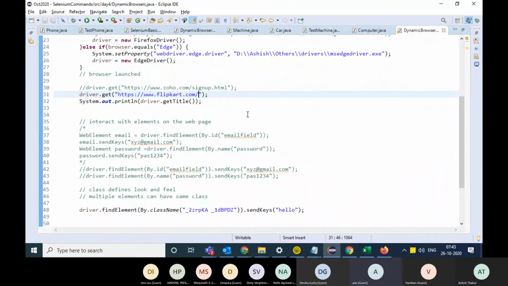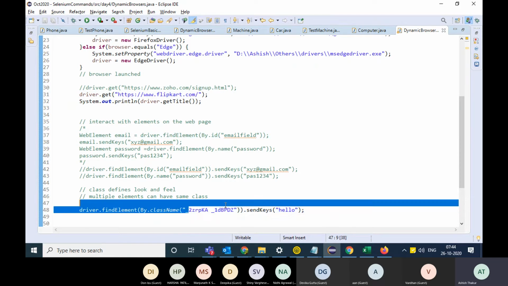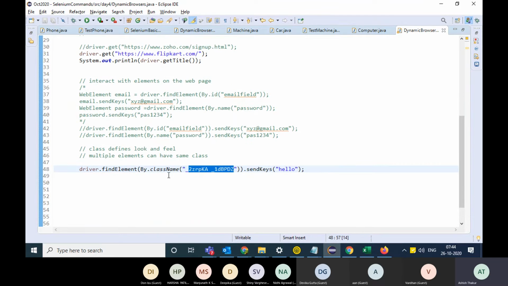Ashish, one question. Yeah. So basically, if we put the class name as the identifier, and tomorrow the developer can add one more field like that, the same. Yes. The developer can do anything. He can change the ID as well. So that's something you have to adjust to. But once the application is stable, nothing changes like that.